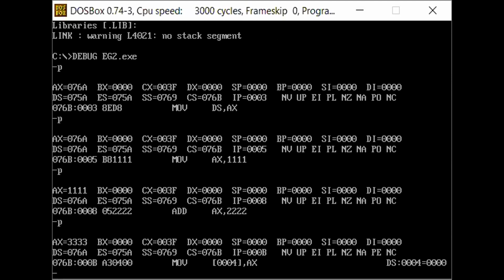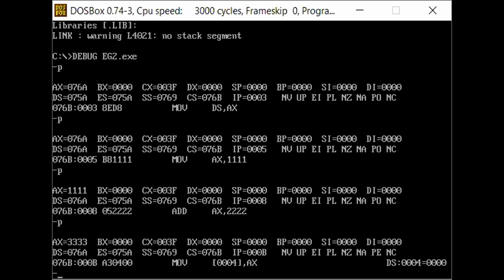Next one. What is the next step? Next, we are going to store the whole result into the variable sum1. Okay. When we look at the data segment, what is there? First, variable 1 is there, which occupies 2 bytes. Next, variable 2 is there, which occupies 2 bytes. Next, sum1 is there. That is why, within the square brackets, you can see 0004, that is the address of that particular variable.